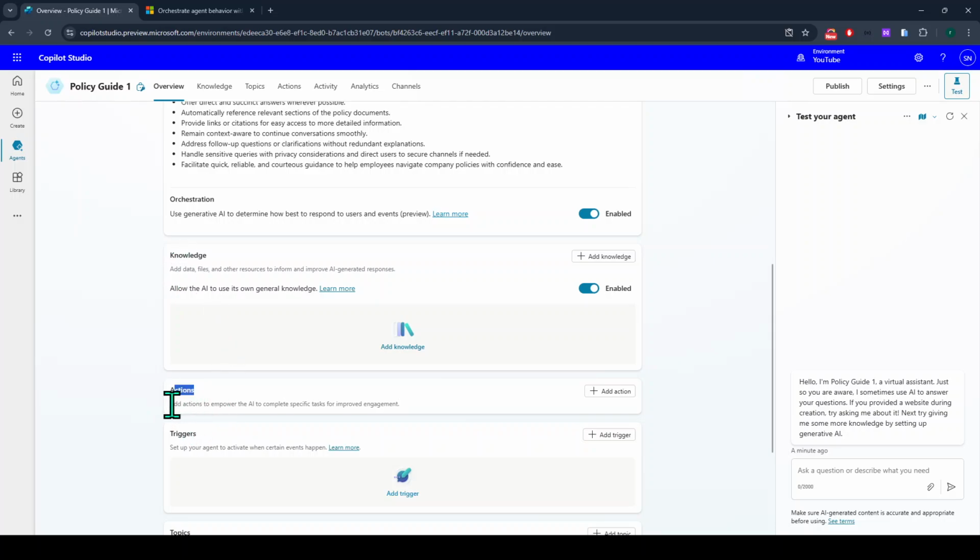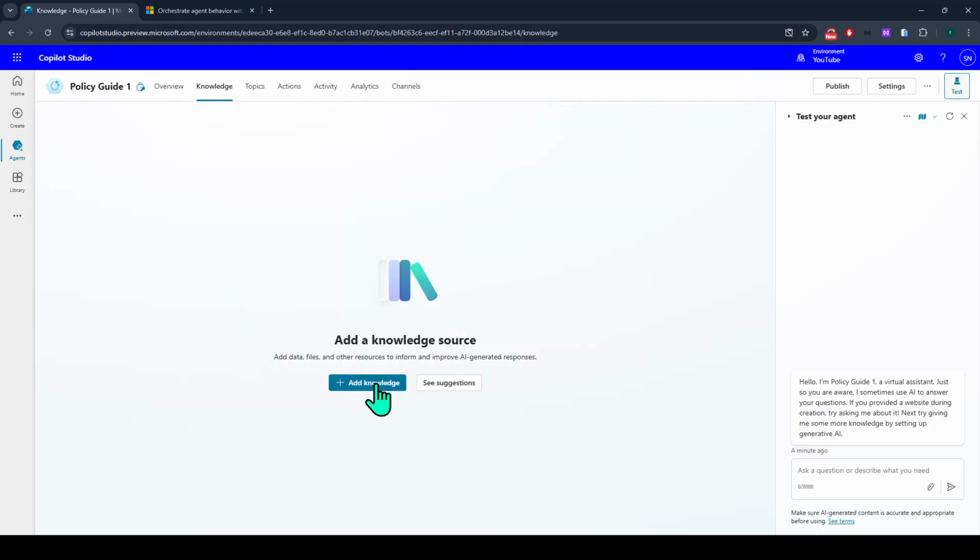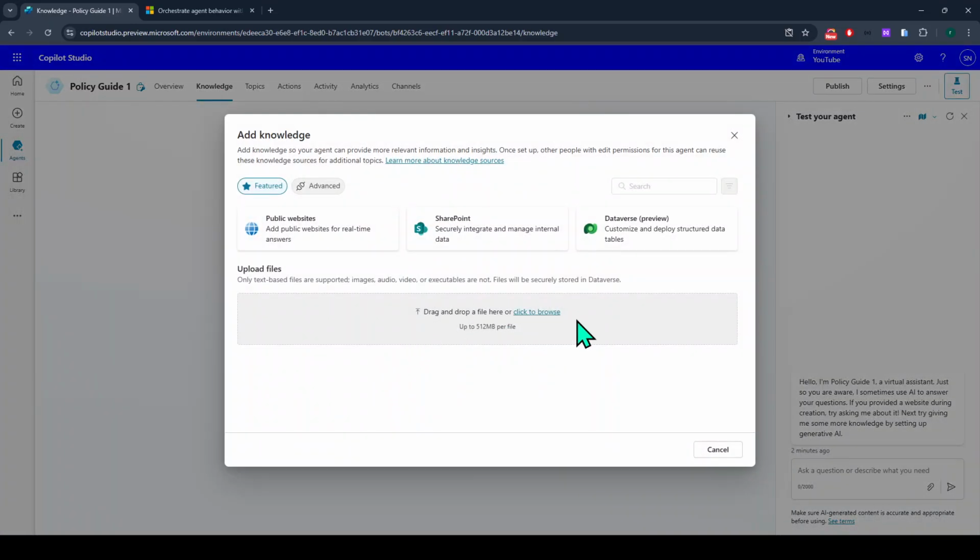In order to make your agent actionable, you can add actions, which we are going to look at in further videos. But this video is specifically for the beginner level, on how we can add knowledge sources and how things work behind the scenes. Then we'll add some knowledge sources. For knowledge sources, I have already downloaded some dummy documents for the organization policies. So I'm going to